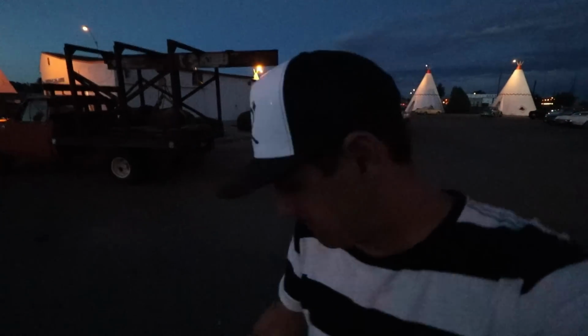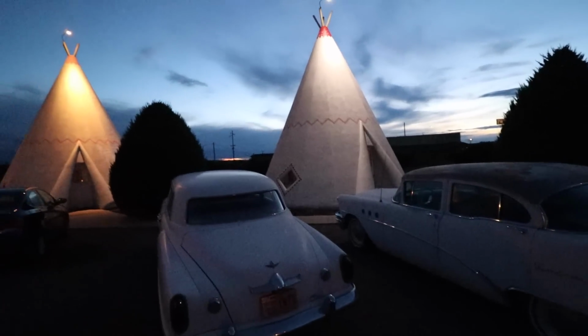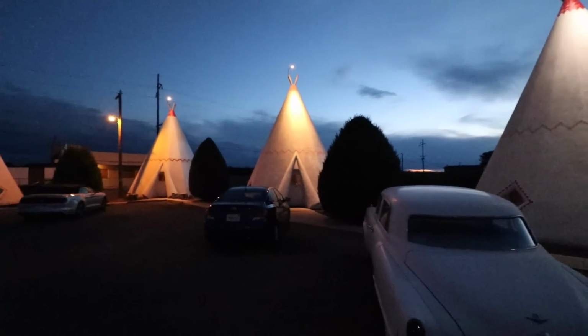Thanks to those rainstorms earlier today, there are many more mosquitoes than I was expecting. I mean, I was expecting some mosquitoes, not this many. This place is so epic. How epic is it? So epic